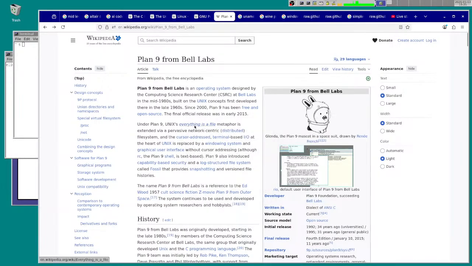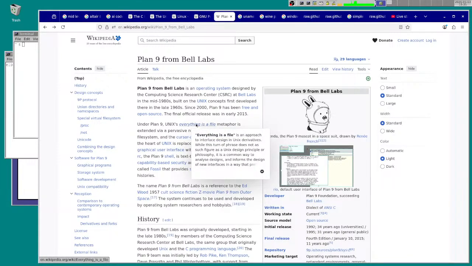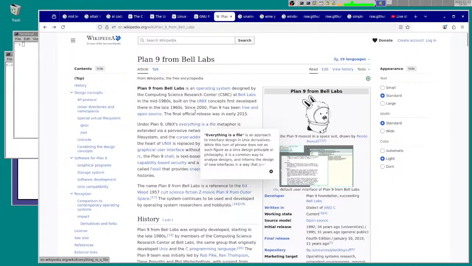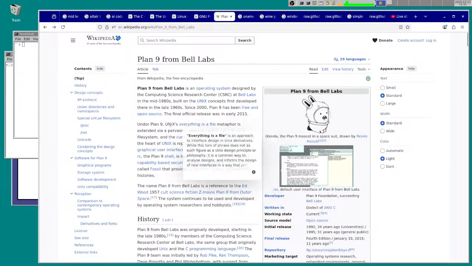If you take a picture and it's saved as a JPEG, a JPEG is a stored file. But on Unix, the webcam could also be a file. So you have a device file that's the webcam, and you double click it, open it, and it's a JPEG. But it's a JPEG that's immediately a picture taken from the webcam, so everything is a file. On Unix, stuff would work that way.